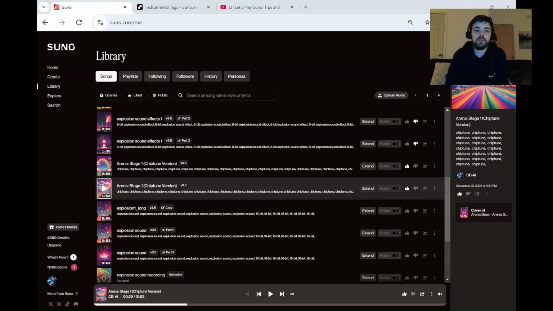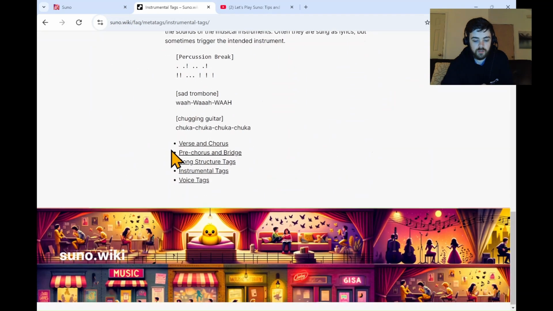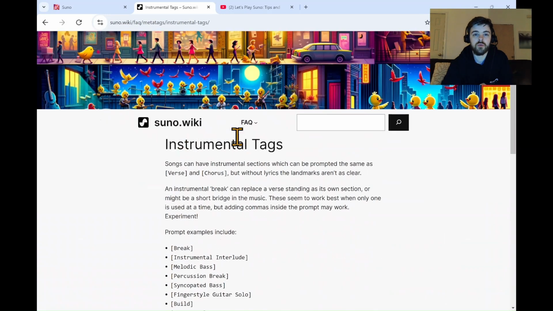And today we're going to be covering as many tags as we can, meta tags in the software, in the AI. So let's jump in there. You can see I'm over on Suno, and I had a request from one of my subscribers, Steve, that we should do the Suno Wiki. So if you're not familiar, this is pretty cool. Go to suno.wiki, and there's a lot of articles and links on here on how you can get better at your prompting in Suno and become better at creating music with it.